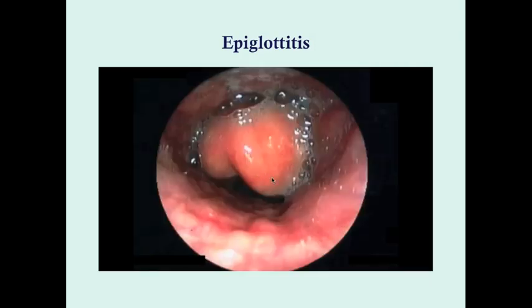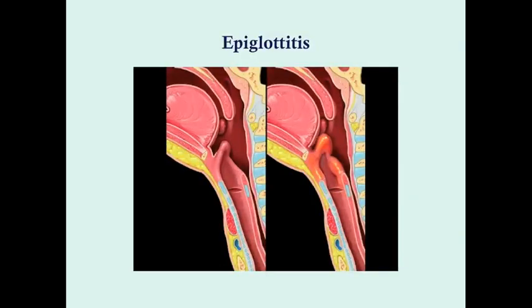Here's another example. I'm not sure of the exact perspective here, but again, this is an epiglottis that is swollen. So here's an even better example. This is just a cartoon, but this is showing you on the left a normal epiglottis. Remember I told you, look for the hyoid bone, then go straight behind it, and you'll find your epiglottis. So here's your normal epiglottis, right here, this structure. And this is an epiglottis with epiglottitis. So you note the swollenness all along the epiglottal structure.